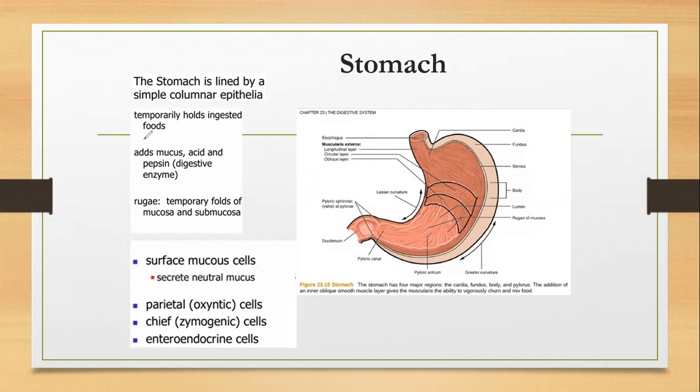So we have talked about the epithelia. I don't have to repeat. I've talked about mucus, acid, and pepsin. So the one thing I have not discussed is what cells secrete what. And this is captured in this box down here. We have talked about mucus being produced. What are the cells that produced? These are the surface cells